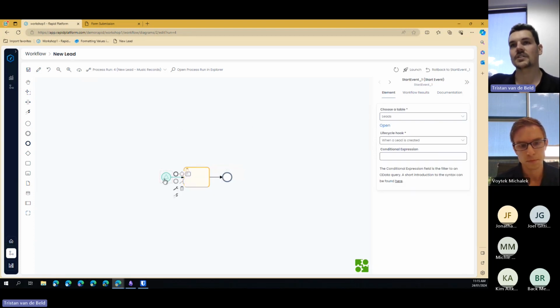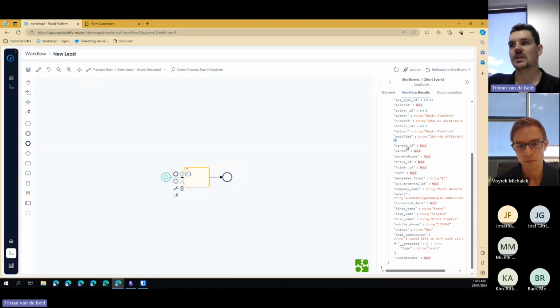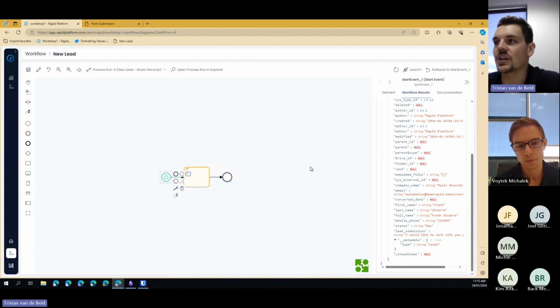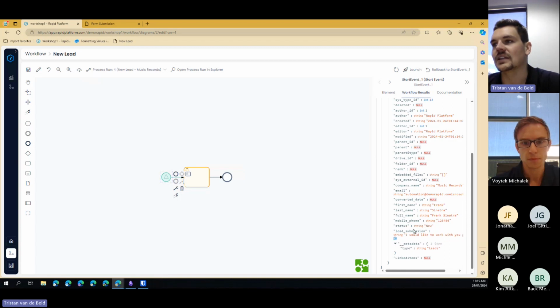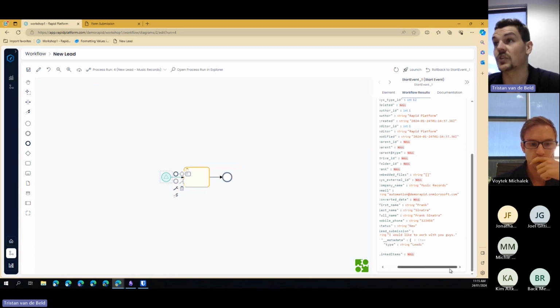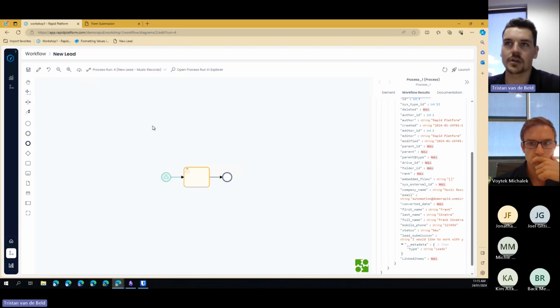What we can do is we can actually click into the signal start event, and if we go to workflow results and output, we can see all the different information that was submitted based on that lead. So this is all the information associated with that lead. We can see the first name, Frank, last name, Sinatra, and we've got a system field in there that automatically combines the two to make Frank Sinatra. We got his mobile number, 123456. We got the status. Because of the way I've set up the form, it'll automatically in the back end add the status of new. And we've got his lead submission, which is I would like to work with you guys. That's great. So all of his information has come across successfully into the Rapid system and triggered off the process,